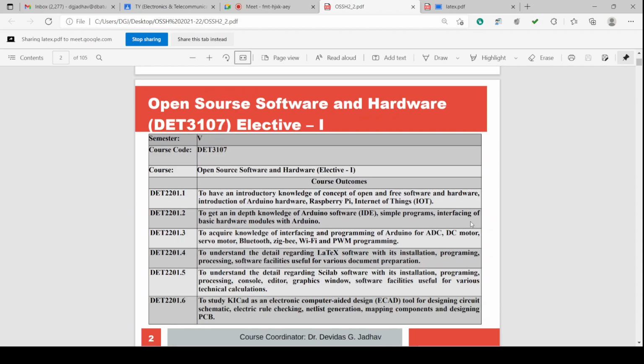Open Source Software and Hardware, Elective 1, Course Outcomes. To have an introductory knowledge of the concept of open and free software and hardware, introduction of the Arduino hardware, Raspberry Pi, Internet of Things, IoT. To get an in-depth knowledge of Arduino software IDE, simple programs, interfacing of basic hardware modules with Arduino. To acquire knowledge of interfacing and programming of Arduino for ADC, DC motor, servo motor, Bluetooth, Zigbee, Wi-Fi and PWM